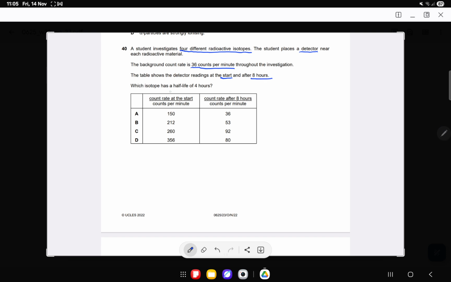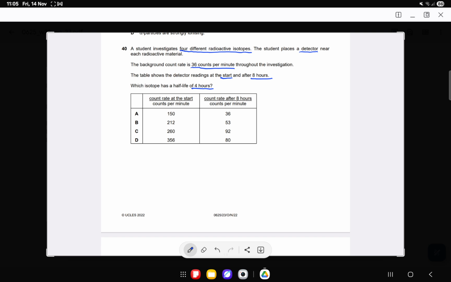Which isotope has a half-life of 4 hours? So basically what we are trying to do is to check, for a given count rate at the start, what will be the count rate after 8 hours. So when you check for each of them, the one that agrees, or the one that tallies, is your correct answer. But before we do that, we need to be familiar